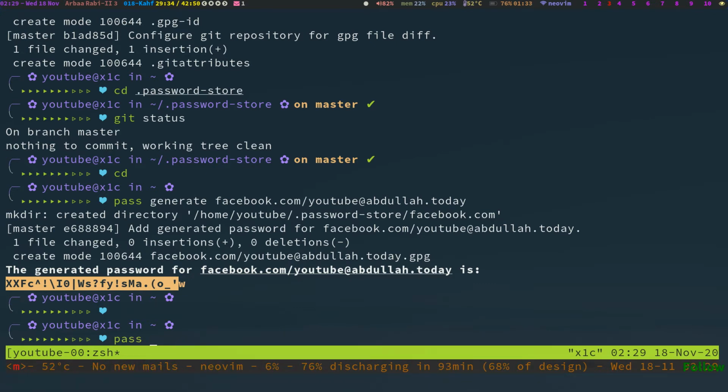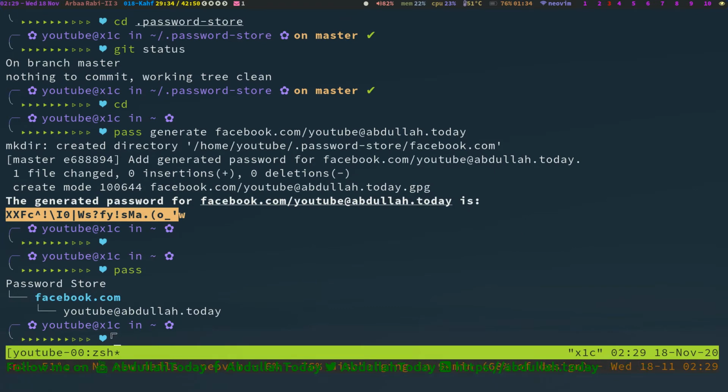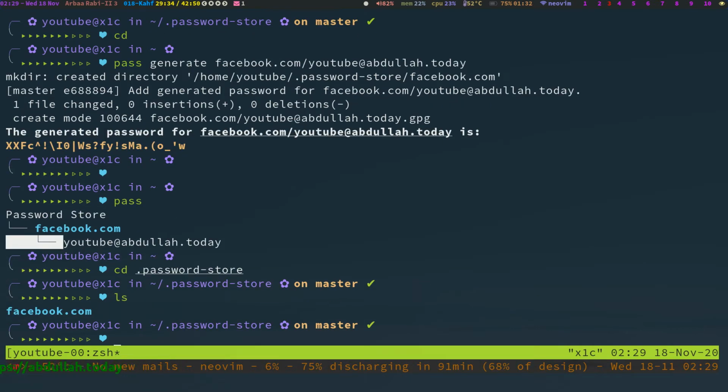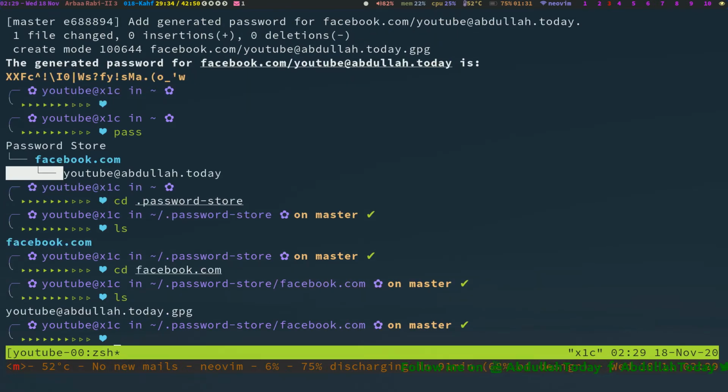If you want to see how many passwords you have, just enter pass and it will show you how many passwords you have inside. If you have created a new password, you will see a new username inside. Actually, facebook.com is a directory. The password store creates some directories for you. Here you can see facebook.com is a directory. Only one password is there. Let's generate one